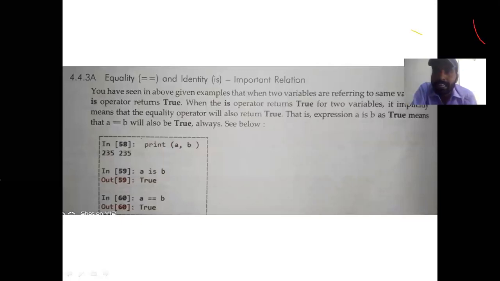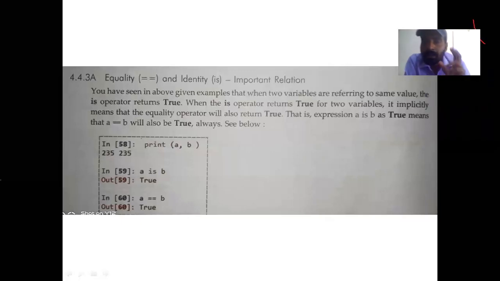It means that if the identity operator tells the result as true, then it is mandatory for the equality operator to tell the value true, because the same value is stored at the same location. If the location is same, it means the value is also same. That is the internal rule of Python.